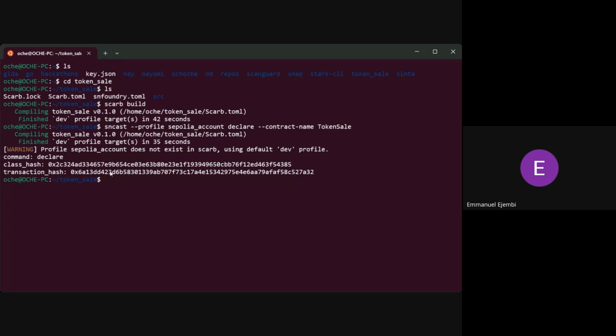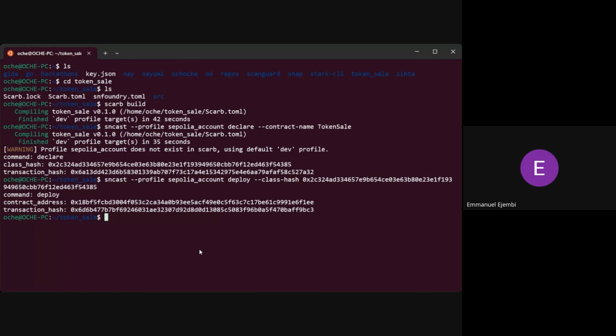Okay, successful, and we have the class hash now. We can use the class hash to deploy the contract. Okay. Let's copy our contract address and go to